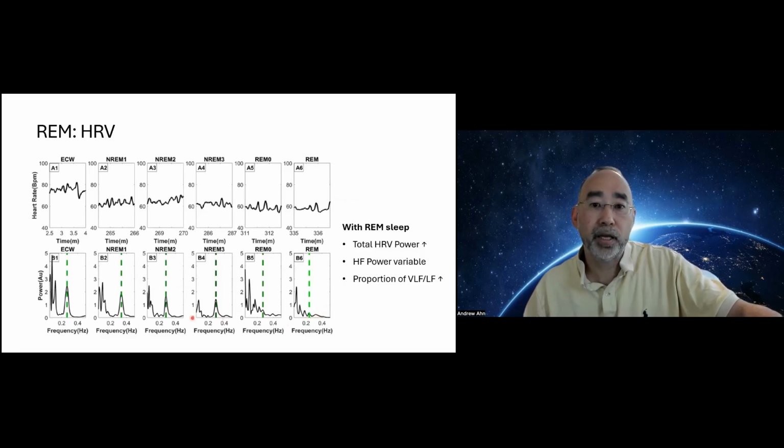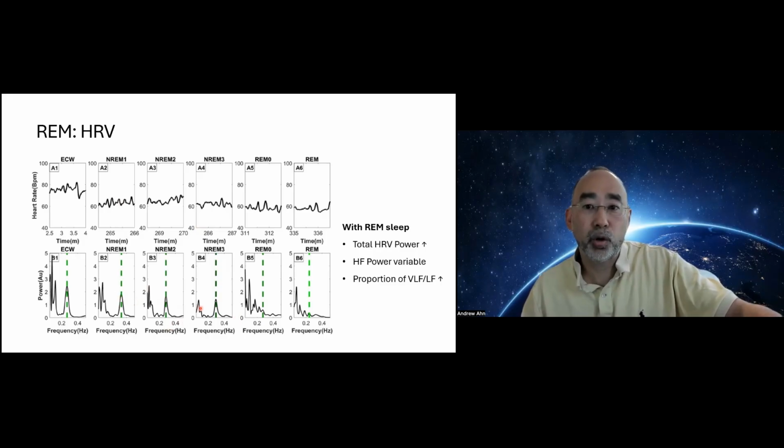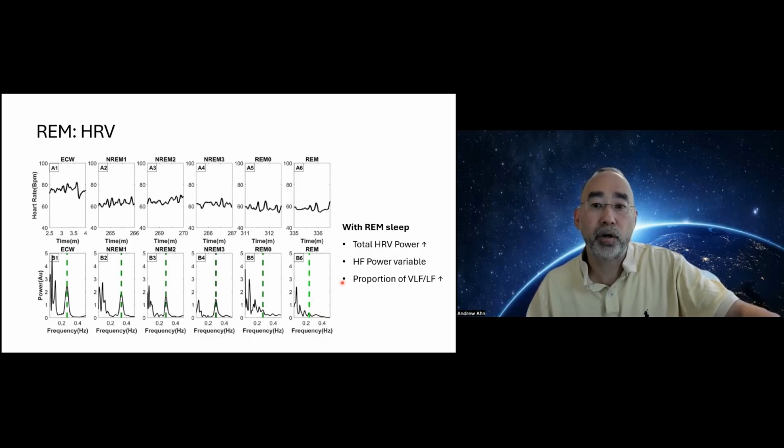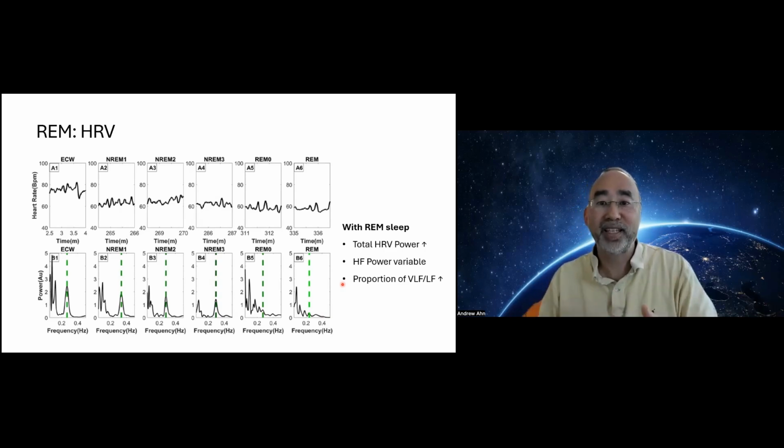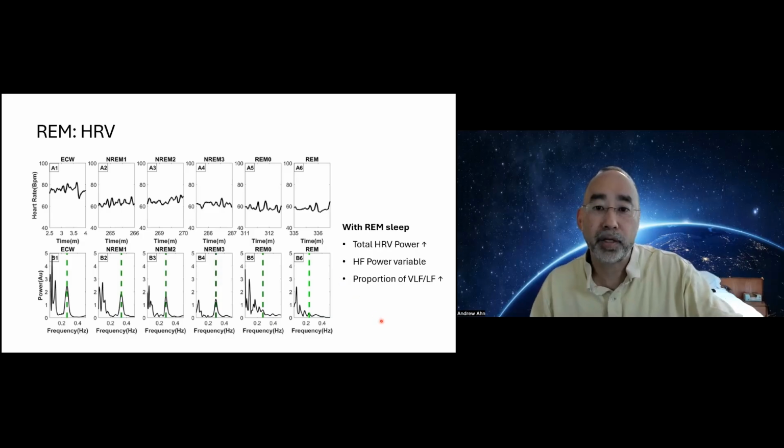And we can see the same thing in heart rate variability during REM, using the same spectral analysis that we've seen before. Again, we see the heart rate segments on top and their corresponding frequency components below. Unlike the decreasing total power in non-REM, the total HRV power during REM increases and is much more variable. And while the proportion of high frequency HRV is elevated in deep non-REM, there's greater variability in high frequency power during REM and a shift towards lower frequency oscillations, which reflects the dynamic interplay between the sympathetic and parasympathetic branches.